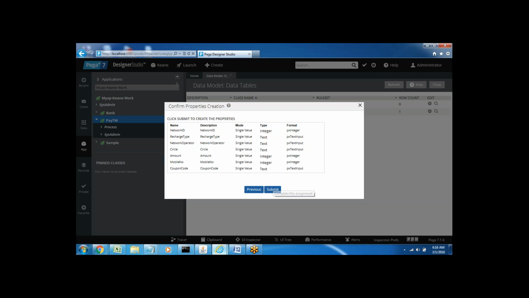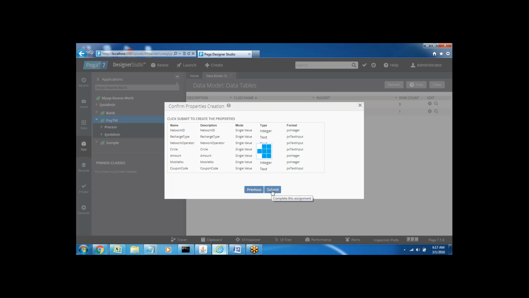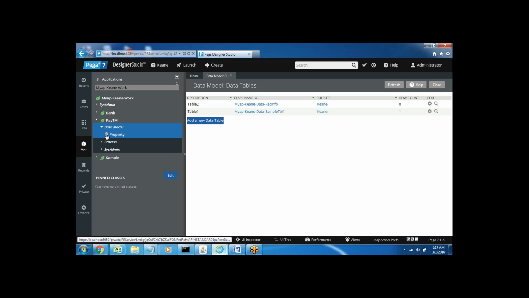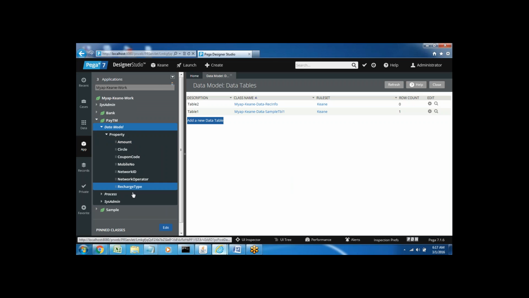Click on next, click on submit. Now once refresh this class. Okay, so data model is created. Expand this data model, expand property. Okay, so all these properties are defined in the work class, and here for the recharge type property